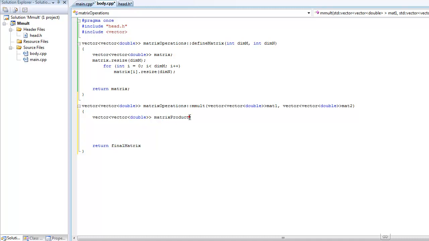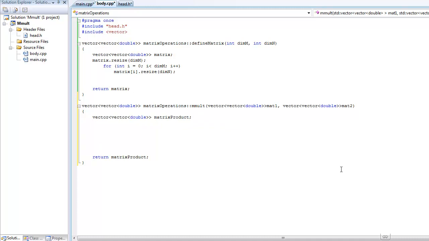This is really not important how you name it, it's just for the clarity. Okay, so we firstly define some matrix product, and just after that